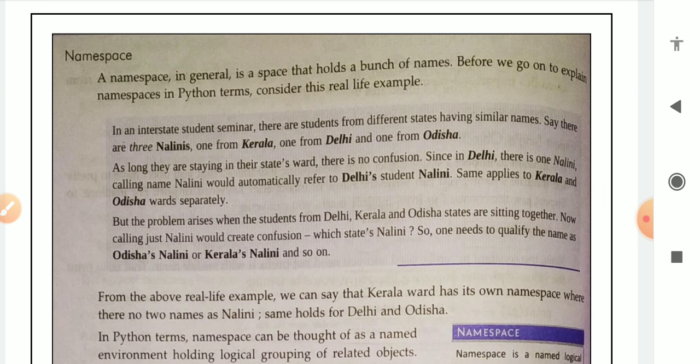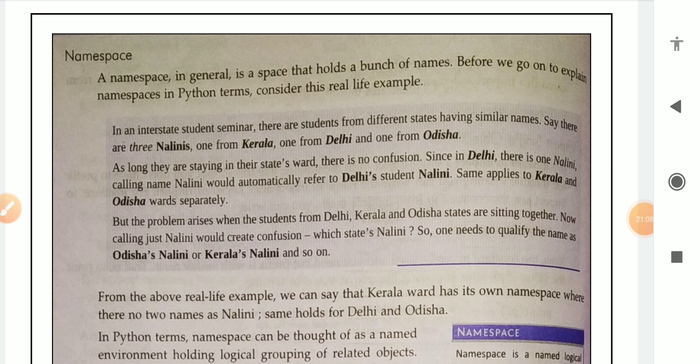Namespace. A namespace is generally a space that holds a bunch of names. Before we go on to explain namespace in Python terms, consider this real life example. What is a namespace? A namespace in general is a place that holds a bunch of names. In Python we use namespaces.